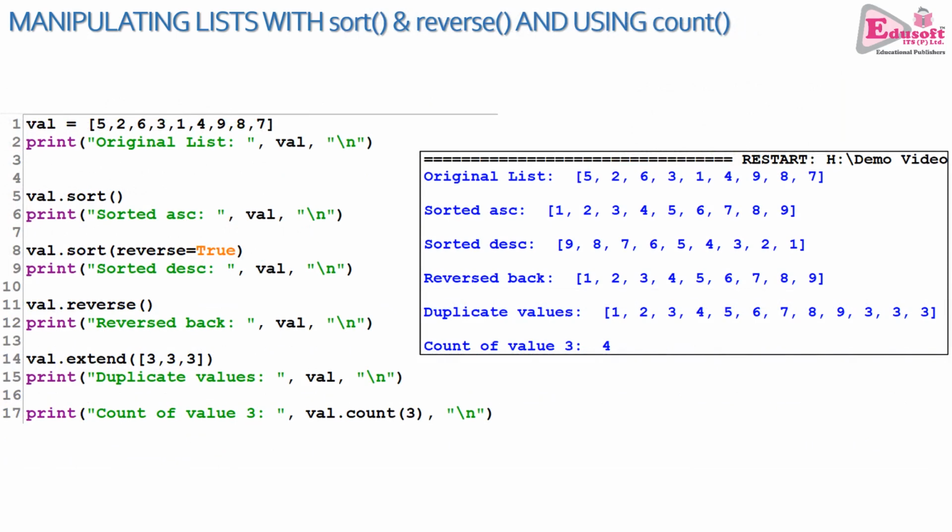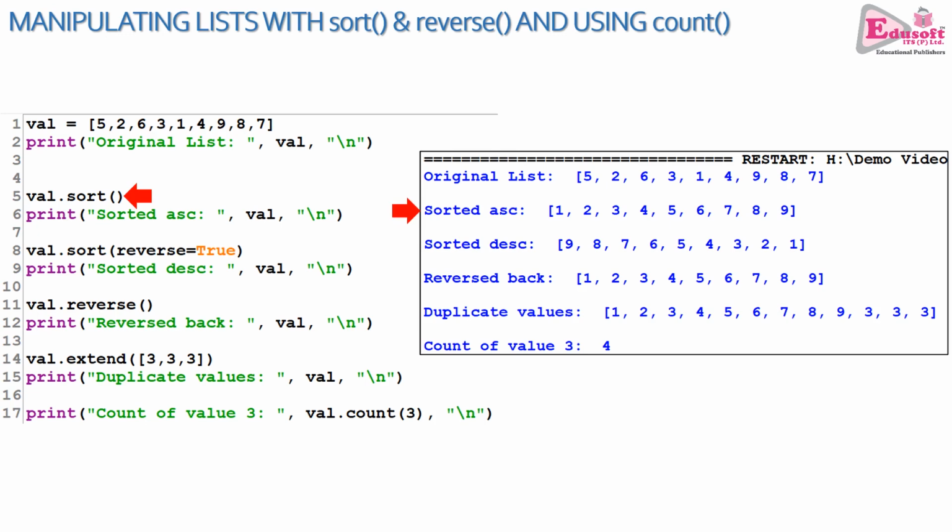While presenting the list, sometimes we need to present the data not in the way it is stored in the list. Sometimes we need to sort the data. We can even reverse the data. So it's a very simple program. The list val has certain values which are not sorted. But in line number 5, a list function called sort is being used, and the list is physically sorted.